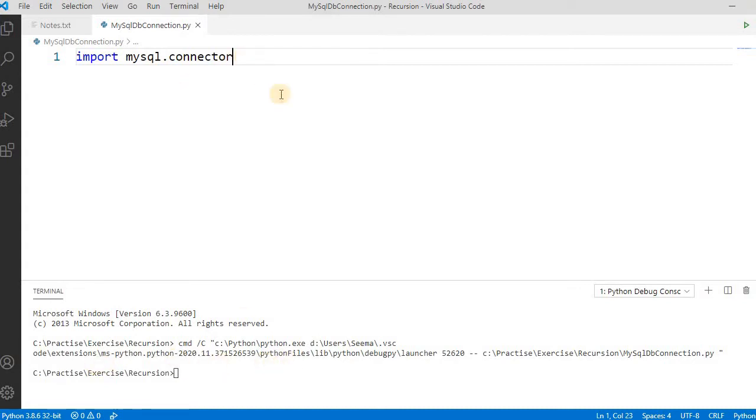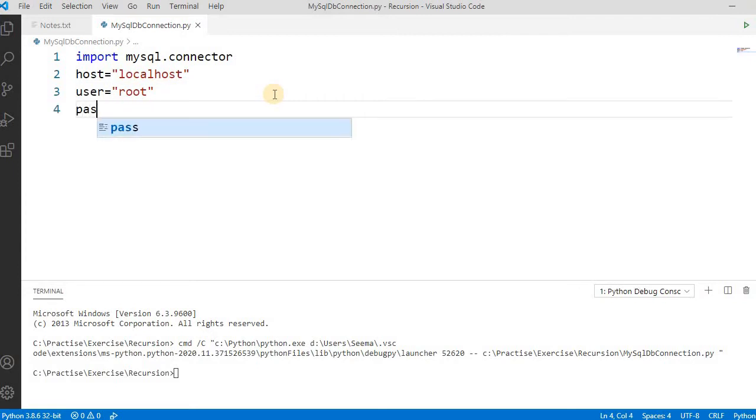So first thing we have to create is the connection. Let's create the connection. But before that, we need the host name. So host is, in my case, localhost. For user, by default MySQL has created the root user. If you want, you can change it, but by default I have kept it as it is. Password, I have kept the password also as root. Port, I have installed it on the default port, 3306, so I have not used it.